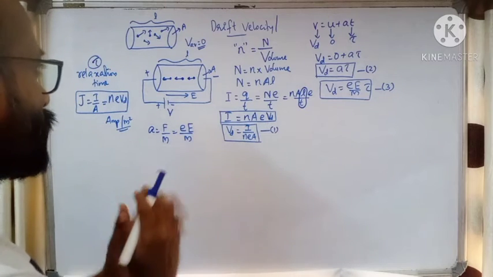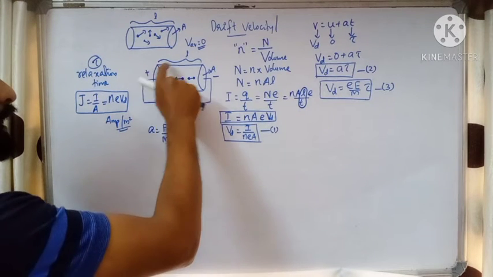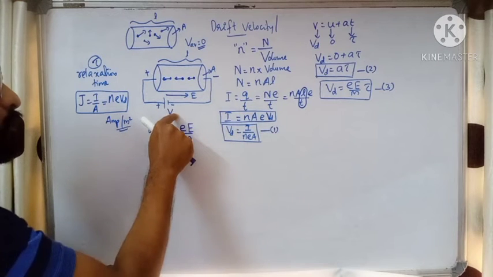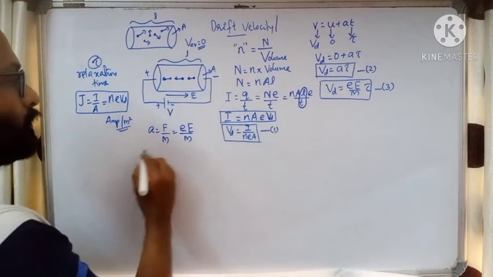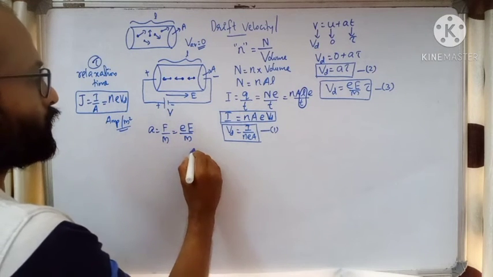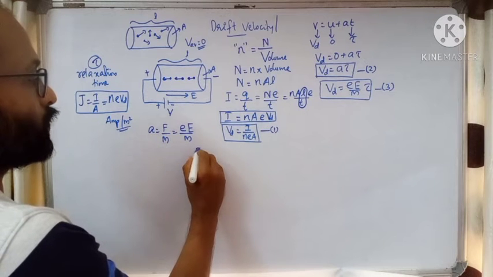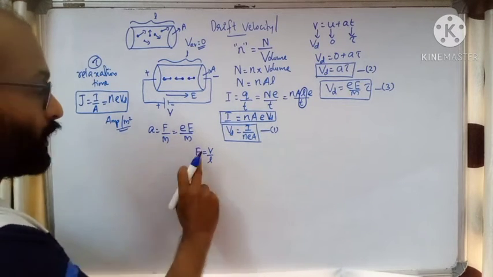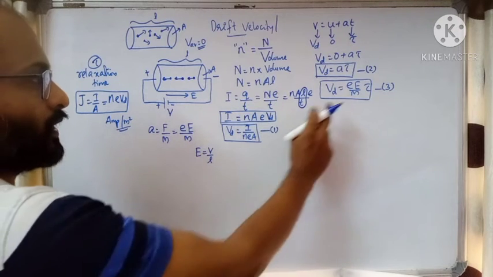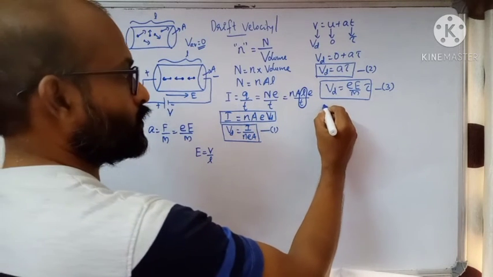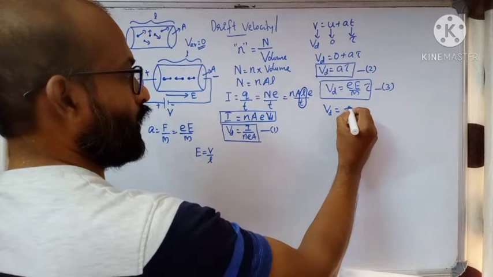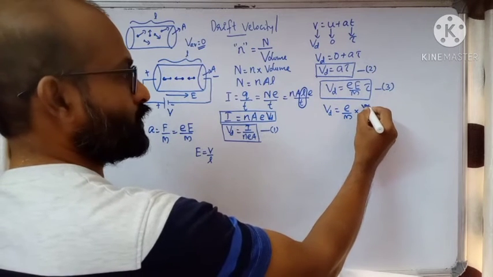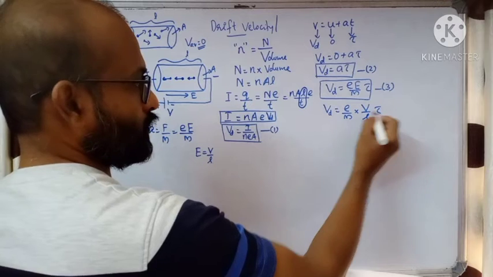Now in electric potential, we have learned that if l is the length of the conductor, across the ends there is potential difference V. So we know that E is equal to V by l. That we have seen in the chapter on potential difference. When you substitute there, drift velocity is equal to e by m into capital V by small l, which is the potential gradient, into relaxation time.